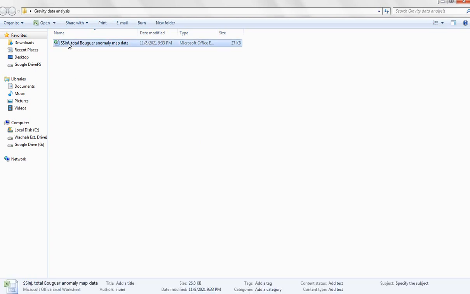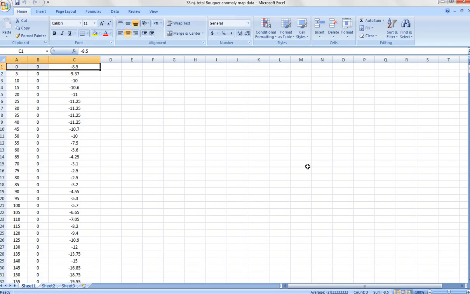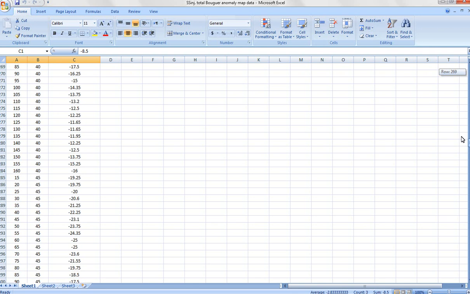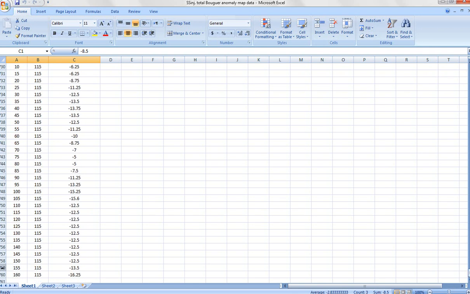and we open the Excel sheet, and we find that we have the grid information, which are X and Y and Z. The X represents the longitude values, and Y represents the latitude values, while Z is a geophysical parameter, which is either Bouguer anomaly in milligal, or magnetic data in nanotesla, or radiometric data in counts per minute, etc. As we see here, the original grid has about 760 readings,